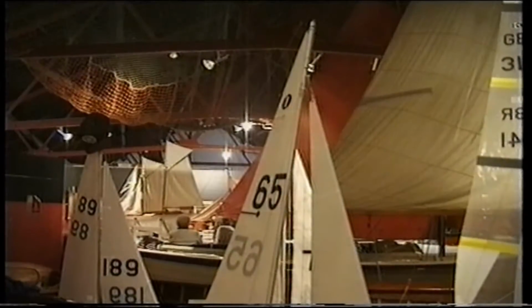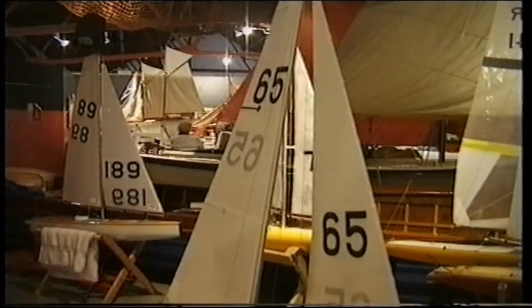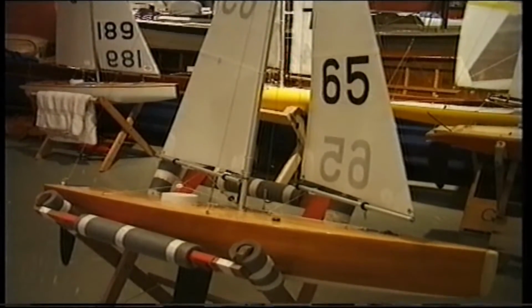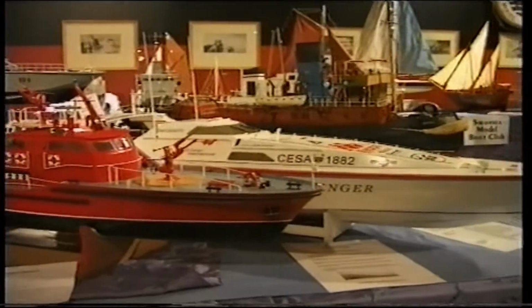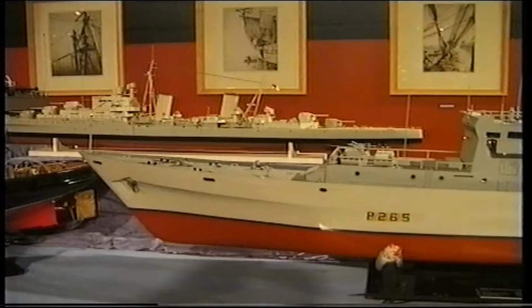Sailing boats came in, they switched very quickly over to 1 metres only, and that is what we sail today. The scale members, on the other hand, beaver away in their workshops and make their boats and bring them out for occasions like this. And on very fine days when the water's calm, we may see one or two people down on the water